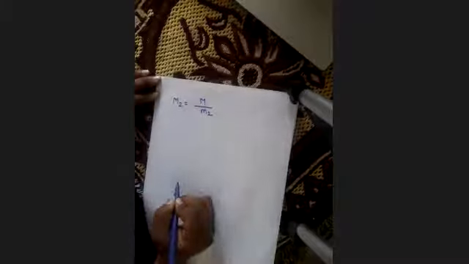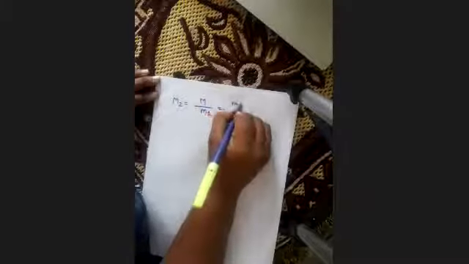Now we need to find out capital M2 and capital M3. How are we going to calculate capital M2? Capital M with respect to small m2. So capital M is nothing but m1, m2, m3 divided by m2. So we can say m1 into m3, right? What are the values of m1 and m3 with us? 5 and 11. So your capital M2 is nothing but 55.